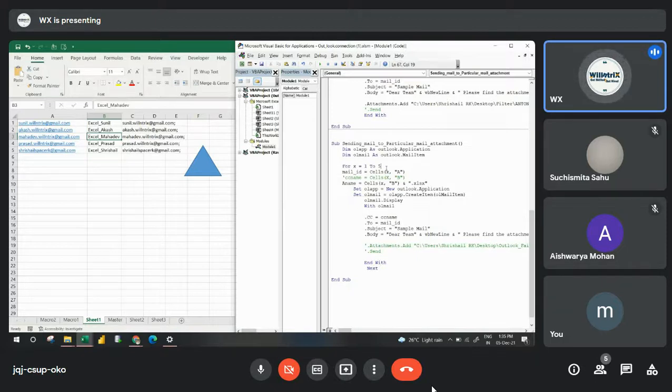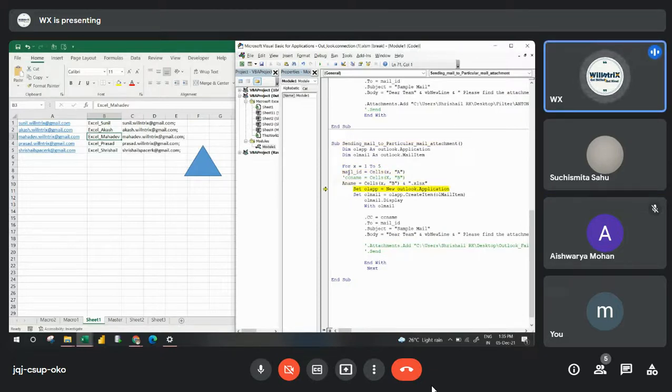But now, for every email ID and every attachment, I have to freshly start: open, add the first email ID, add the first attachment, send and close that Outlook. Then second, Outlook will again display for the second email ID and attachment, then send and close it. It should open and display every time for every email ID. Understood? Yes. Yes.